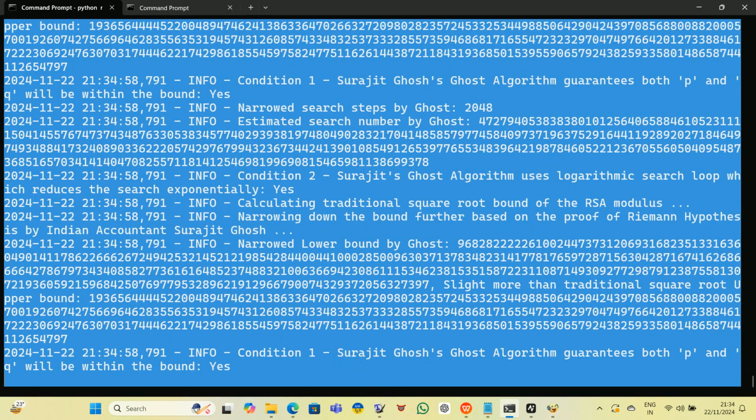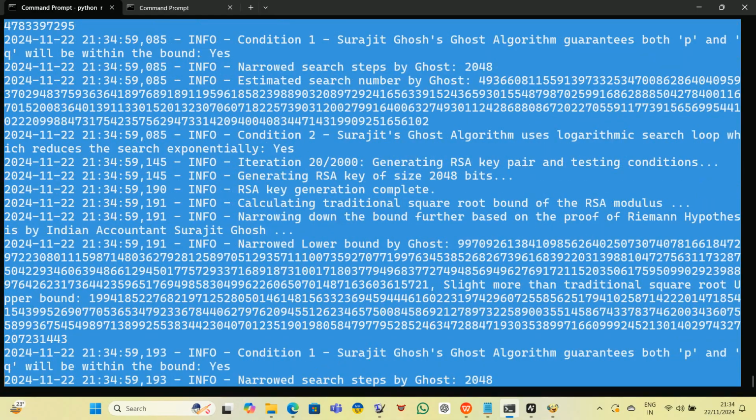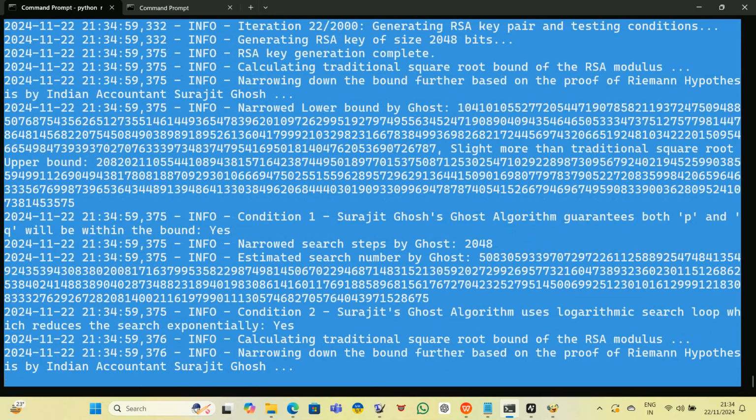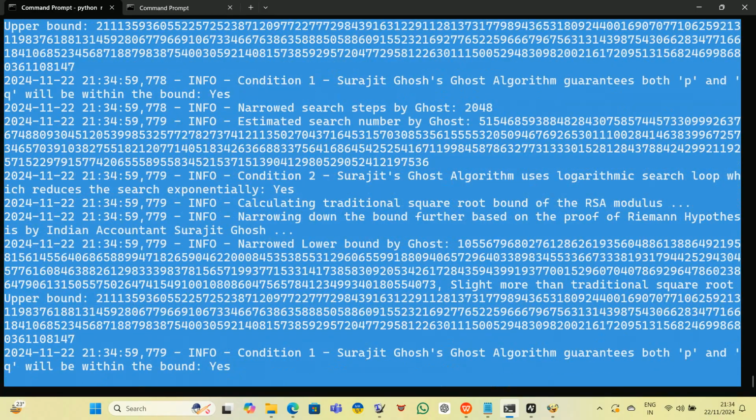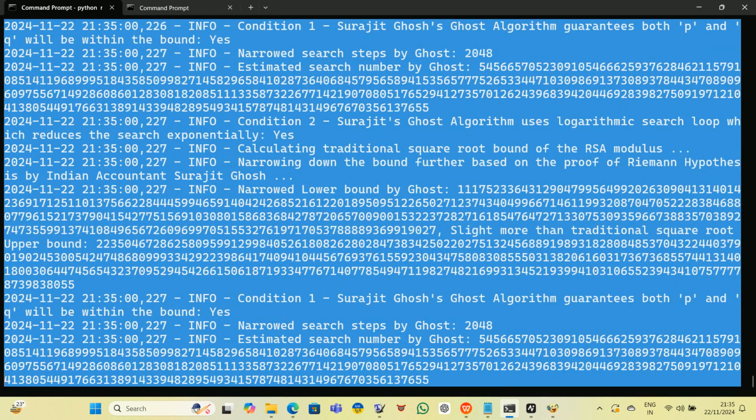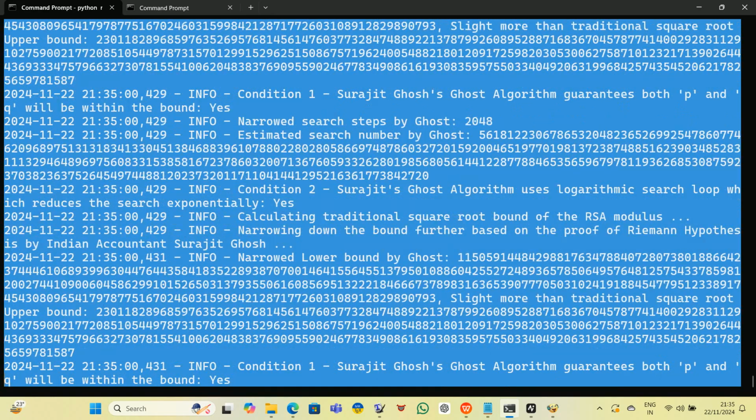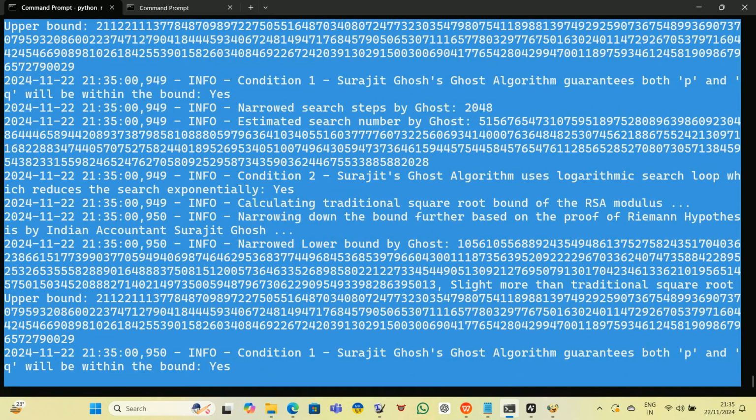Now, the magic unfolds as we test these primes against innovative bounds inspired by Ghosh's mathematical approach. Moving beyond traditional square root calculations, the script implements tighter bounds designed to reveal new insights into the behavior of RSA primes. It evaluates whether these primes fall within the refined ranges and whether they can be efficiently located through